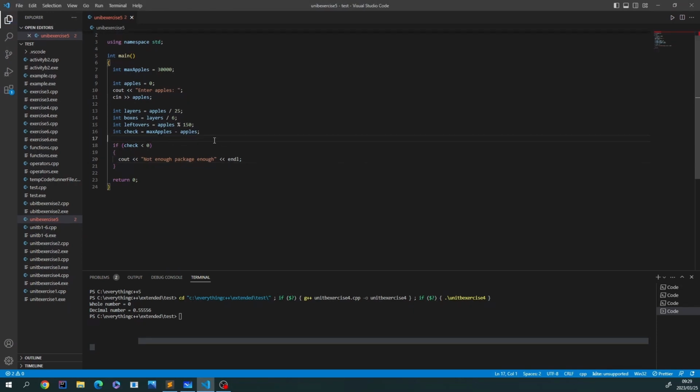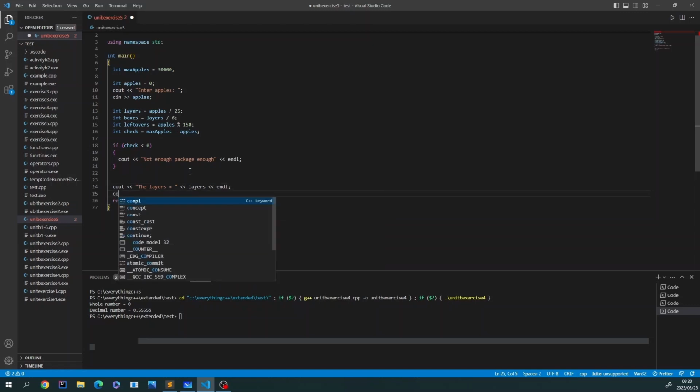Now that is everything now, right? And then on top of this check, what I will do is okay, even if it's at the bottom, because if the packaging is enough, then it will just output this only. But if it's not enough, it will tell you at the top that we don't have enough package, and then it will output everything that it has calculated. So the first thing that was required there, it's layers. So just the layers equals to, simple and straightforward, give your layers and line, then cout the boxes are equal to boxes and line,